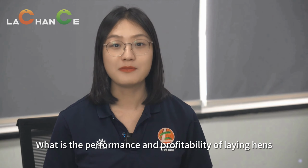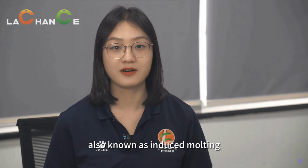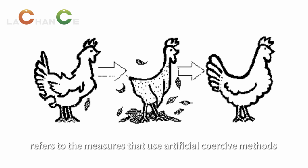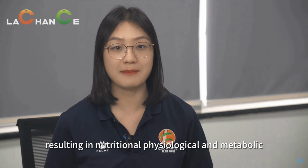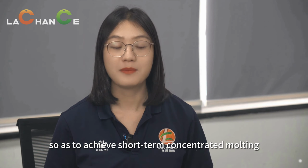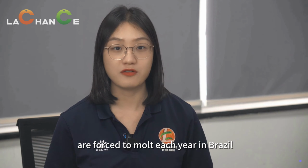What is the performance and profitability of laying hens after forced molting? Forced molting, also known as induced molting, refers to the measures that use artificial coercive methods to force laying hens to produce stress, resulting in nutritional, physiological, and metabolic disorders of the body, so as to achieve short-term concentrated molting and relaying of layers. It is estimated that more than 22 million layers are forced to molt each year in